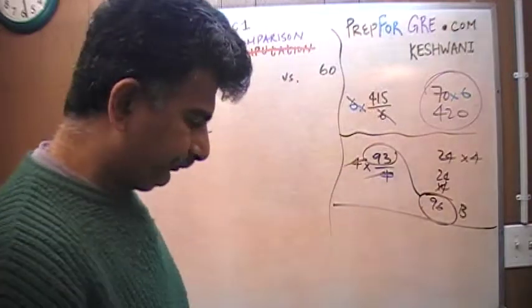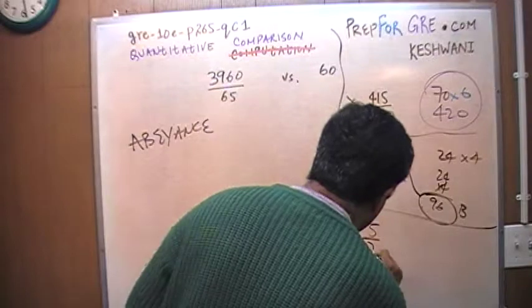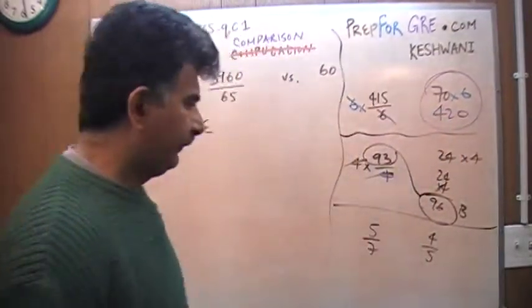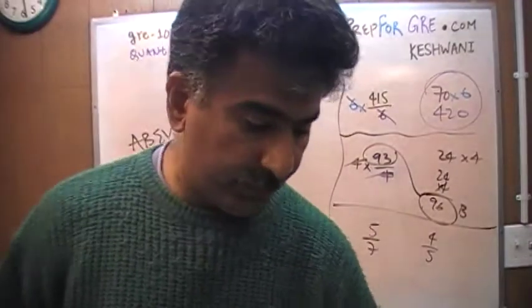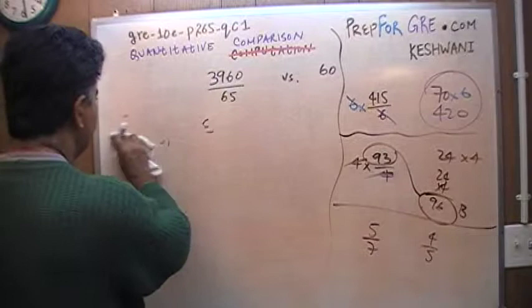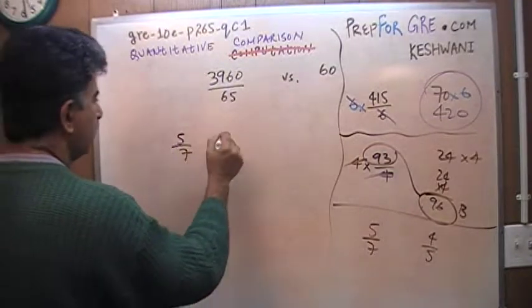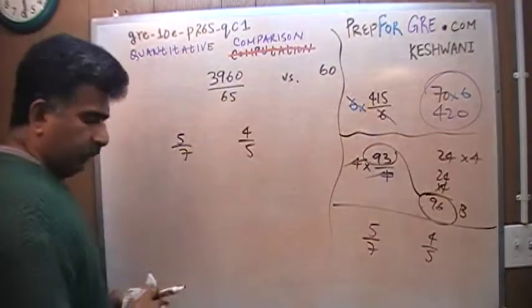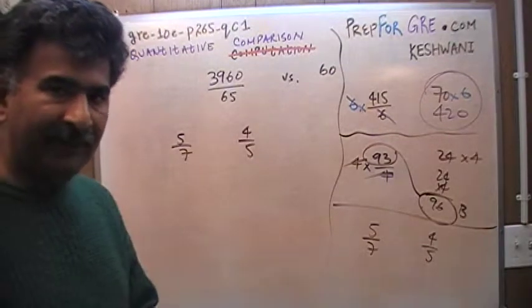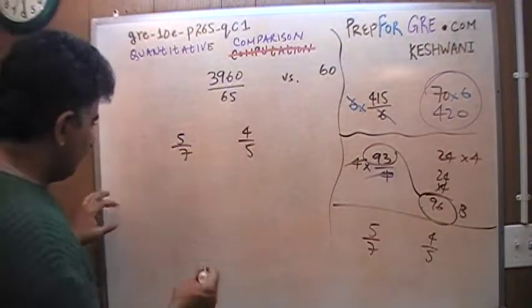Let's do one more. 5 over 7 versus 4 over 5. Now here what you want to do is, technically what you're doing is, let me do this question over here. Let me do this in a traditional way, and then I'm going to show you the same thing except a little bit quicker way. Traditionally, of course, you will take the common denominator,